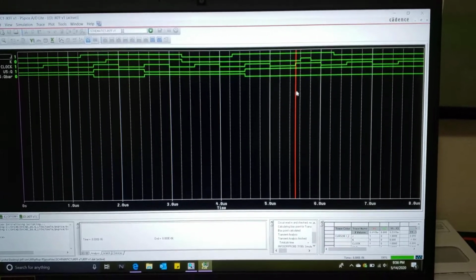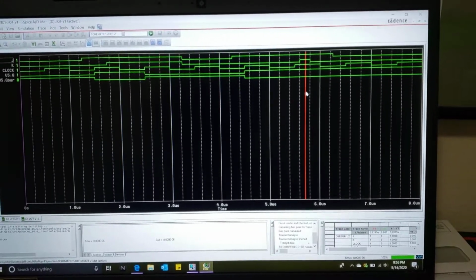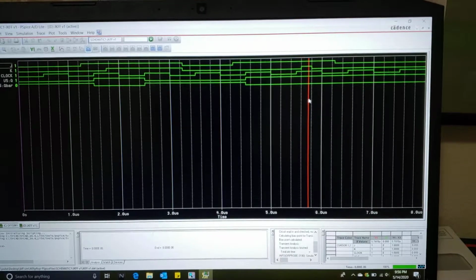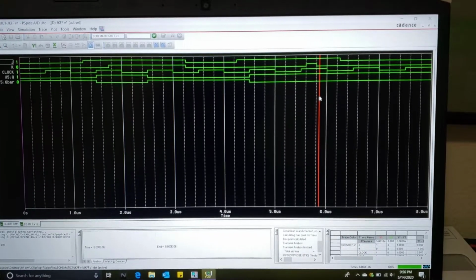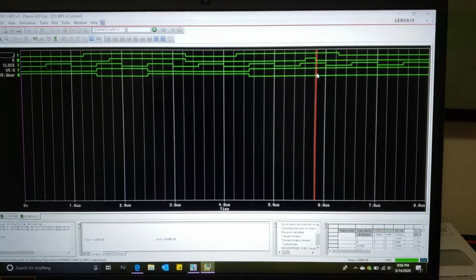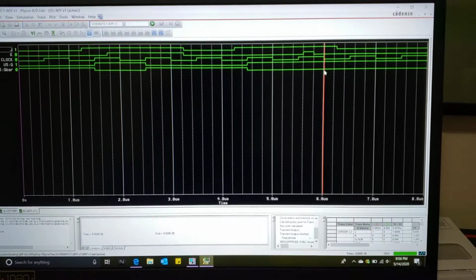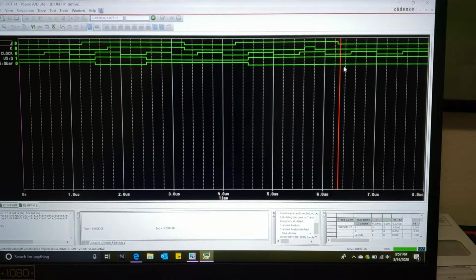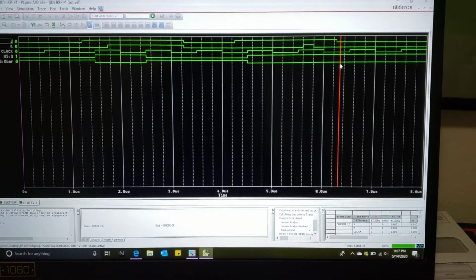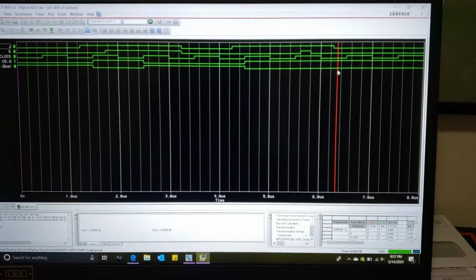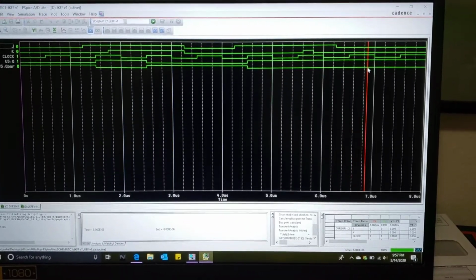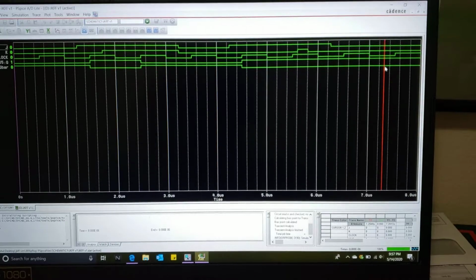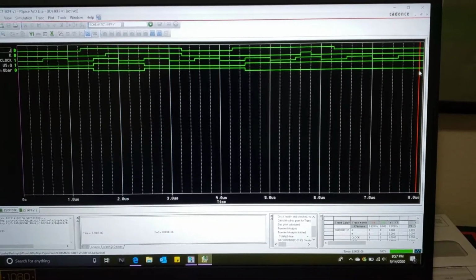Our clock comes up to 1, and then our K comes up to 1. And like we said before, when J and K are 1, our output should complement, and it does. We see it goes back down to 0, making our Q 1, or leaving our Q at 1. And then our J goes back down to 0 and stays at 0 the rest of the time. And our clock moves up and down, but since the J and K aren't changing in any kind of sequence, it remains the same throughout the rest of the